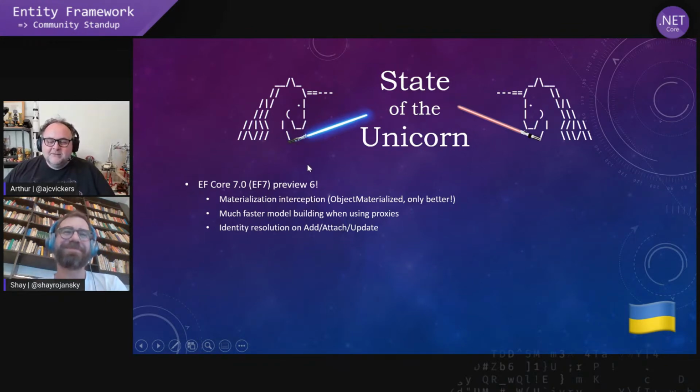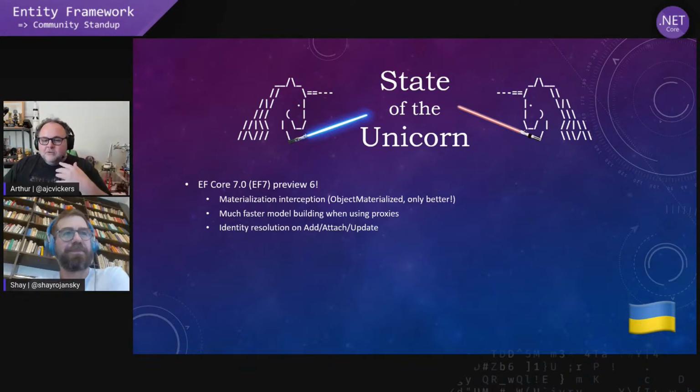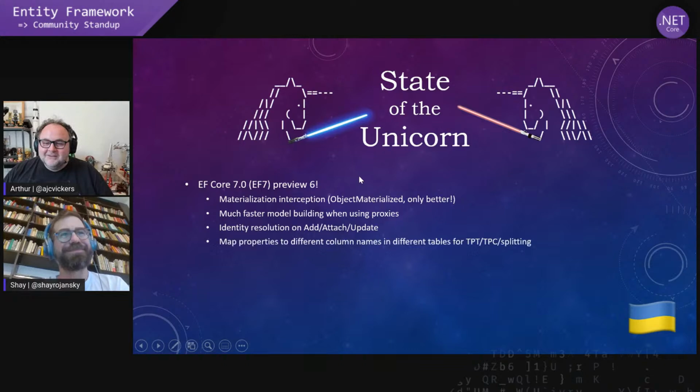So basically what that does is, let's say you've got a product and it has ID 5, and then you try and attach another product and it's the same product, it has ID 5 too. EF throws an exception by default. This will then call an interceptor and say, you've got this instance, you've got this instance, what do you want to do? You can copy values over or discard one or the other, so that you can actually move forward and resolve that. Usually it's best to not get into that situation, but if you do,